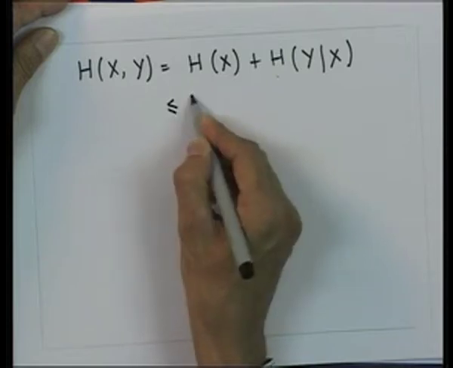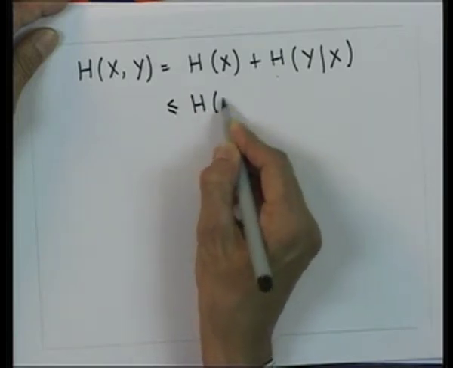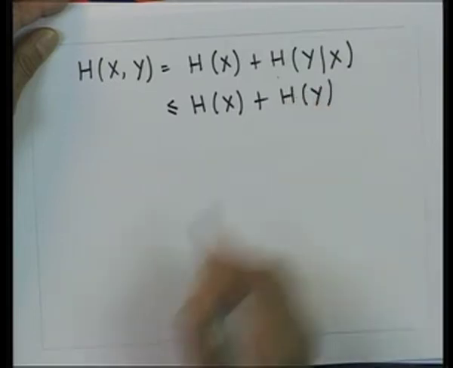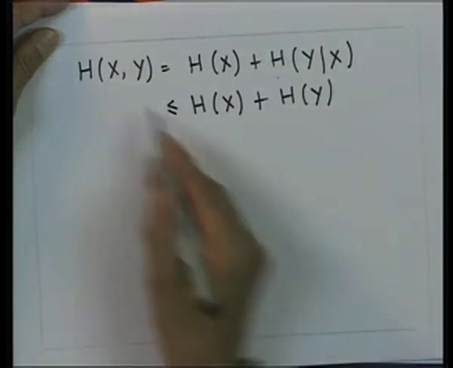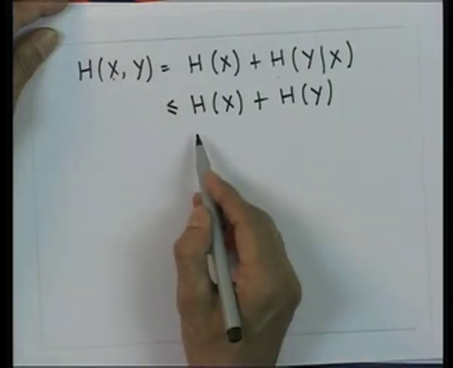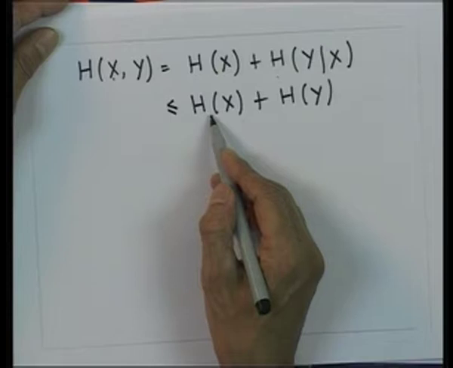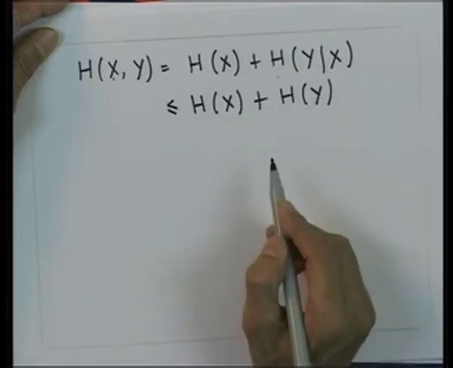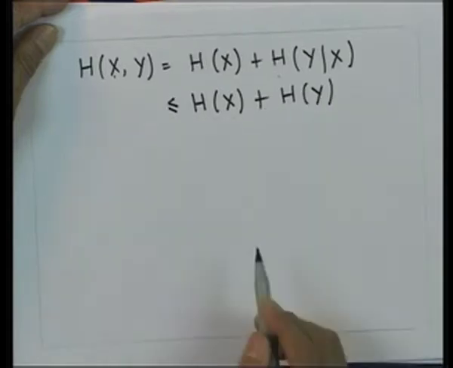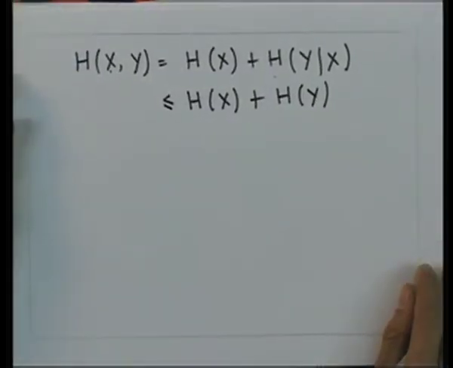So, this quantity out here will always be less than h x plus h of y. So, the joint information in x and y is always less than the sum of the information in x and y, and they are only equal when x and y are independent. With this little background, we will move ahead